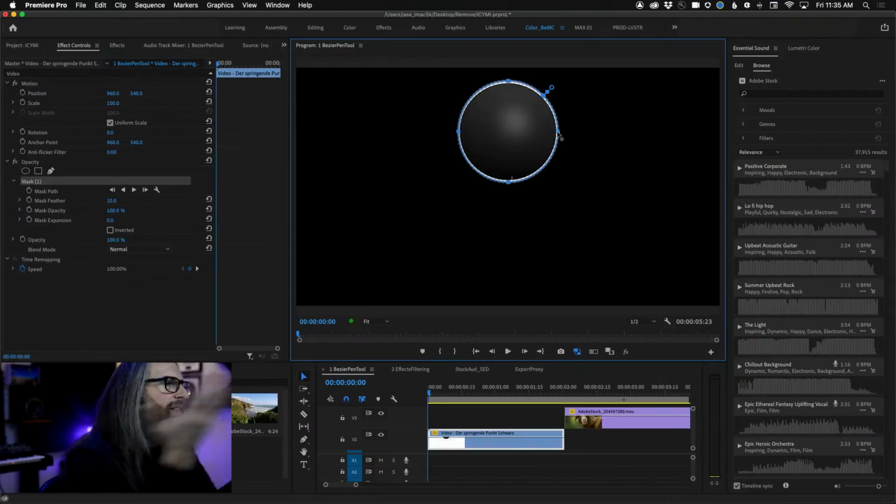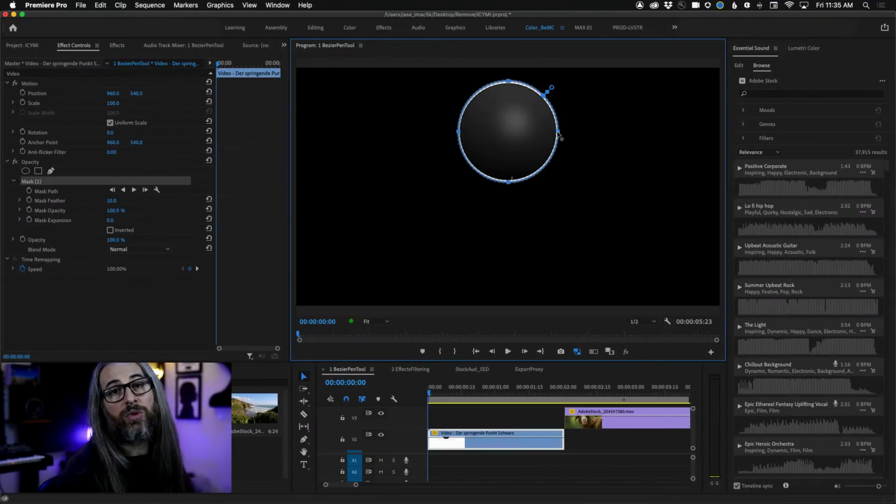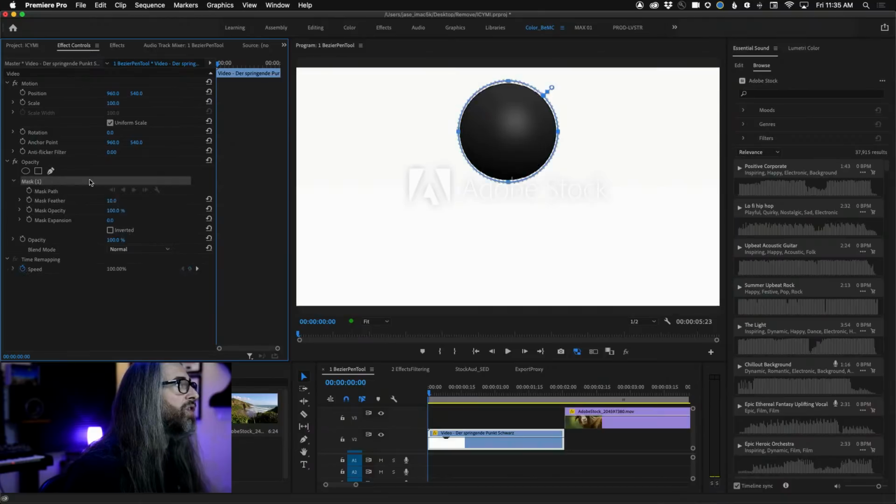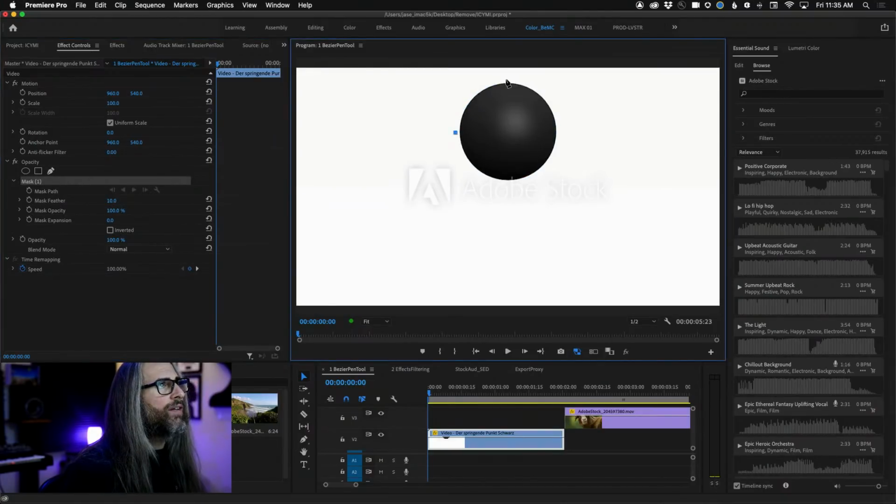So again, the ellipse tool for doing circles and round things pretty much has always done what I need. But of course, you're not always doing circles. But let's just go back to this for a second. Let's get out of this. Let's grab our pen tool instead. And now I'm just going to draw 4 little control points.